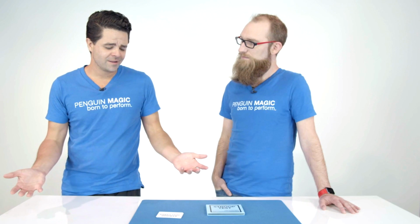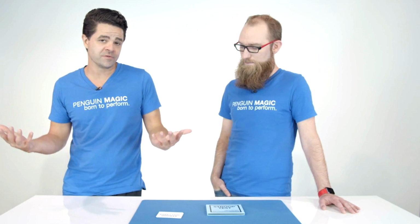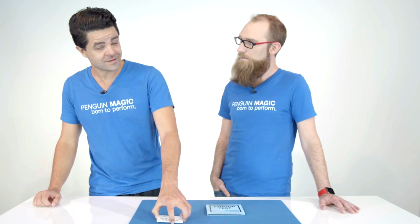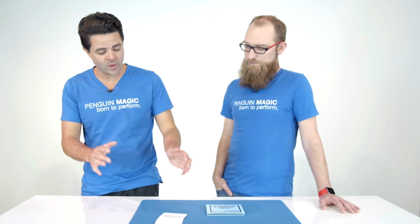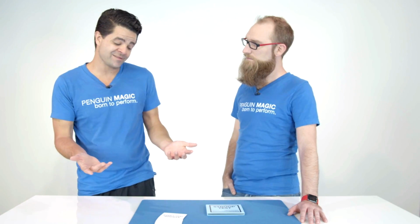Because the trick is essentially self-working. You don't have to do almost anything. I know that sounds crazy, but it does work every time because of the way these cards are designed. It's not completely examinable. It basically is examinable. There's only one other piece to this puzzle that you didn't see, but otherwise...